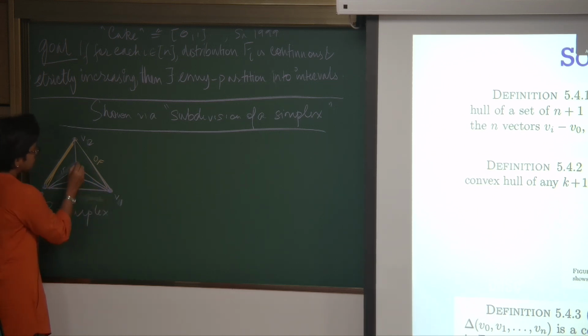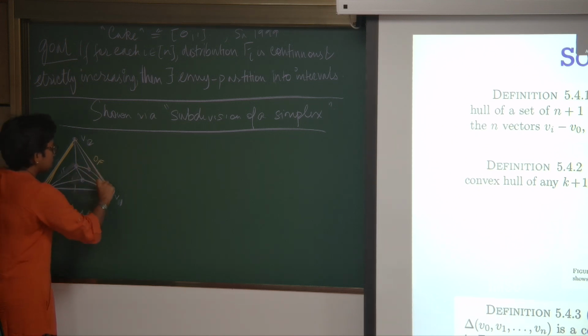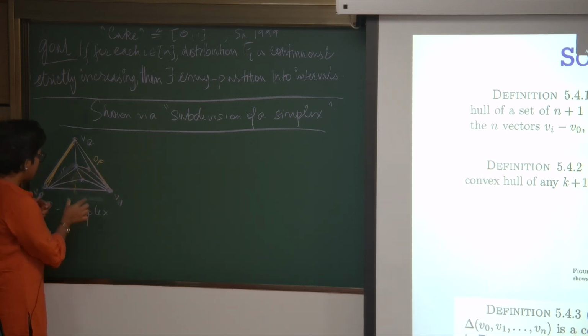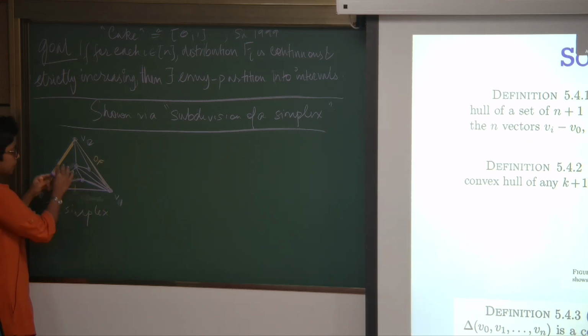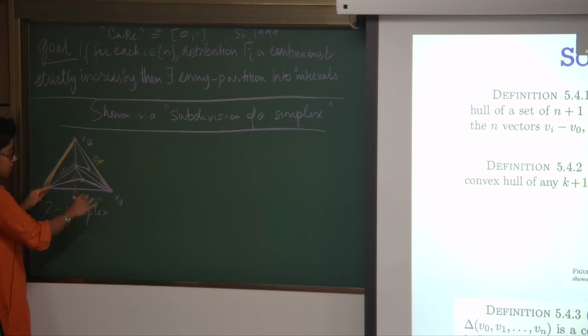When I draw it, they tend to all look equilateral, the same size and so on, but you can have many kinds of these. These are also triangles, and they are also simplices within the bigger simplex. So, this breaking down of a simplex into smaller simplices is called a subdivision